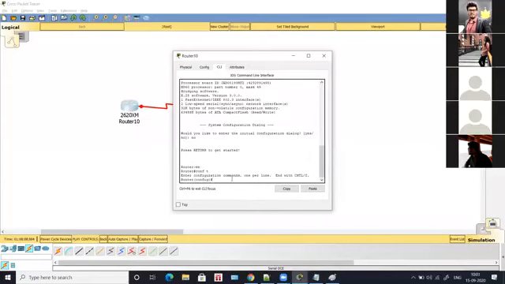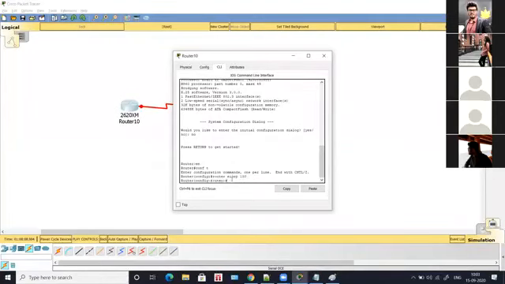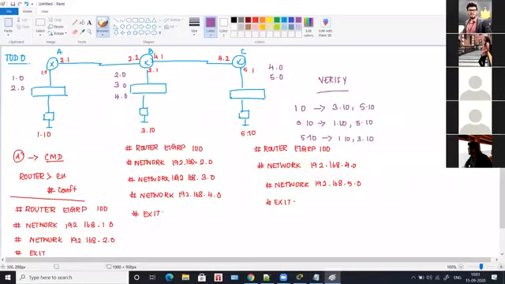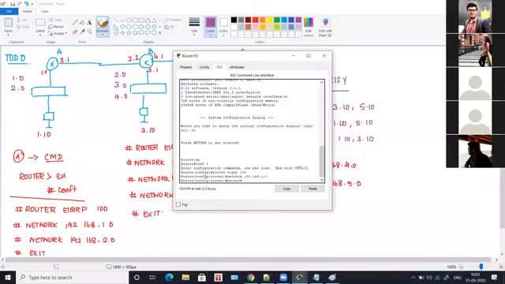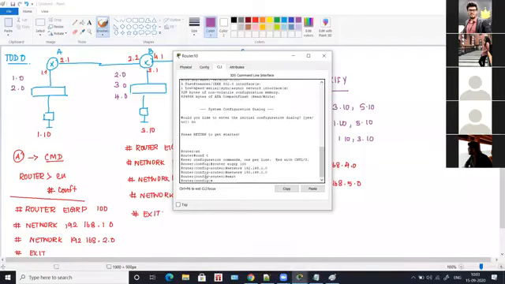Okay, now here in this configuration, you're going to type router EIGRP and you'll type autonomous number as 100. And then you have to add the known network IDs. So for router A, you have 1.0 and 2.0. So what we will do is we'll type network 192.168.1.0 and hit enter. And again, it is network 192.168.2.0. Click on enter and give exit. And that's it.